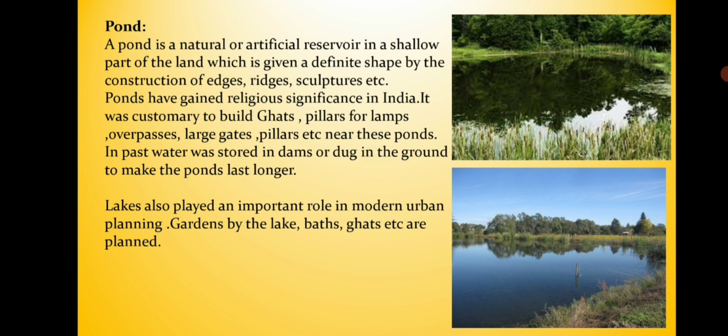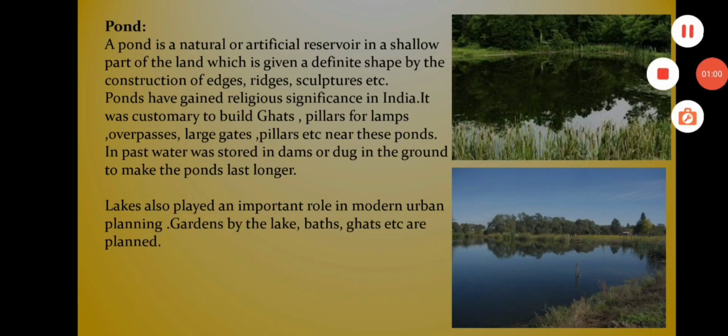Some of these names are characteristics. For example, a Pushkarni is a lotus pond. Depending upon the size, its subtypes, Sun Pushkarni and Moon Pushkarni, are also found. Now, usually ponds have been found in rural areas, or in villages. Like rivers, ponds have gained very religious significance in India. Ponds, especially Pushkarni, are found in premises of most temples.